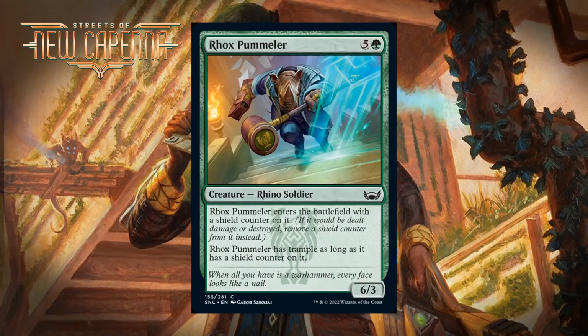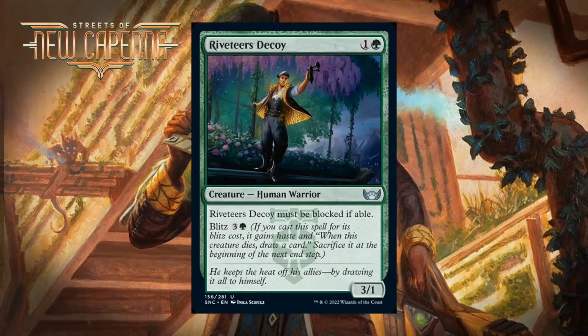This seems like a card you really want one of in most of your green decks that aren't super aggressive. Going beyond that is probably a little suspect since it's a 6-drop, but I like valuing the first copy at a C+. Next up, it's Riveteers Decoy, which for 1 generic and a green is a 3/1 human warrior at